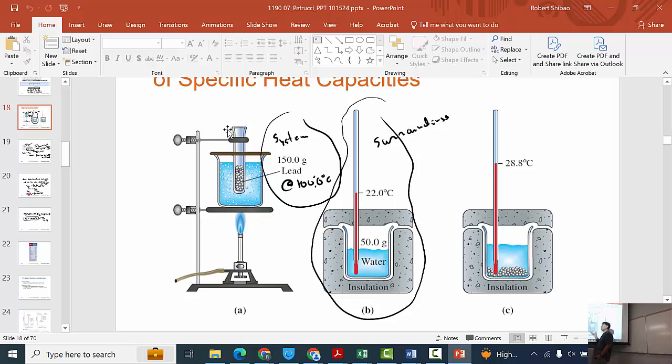The heat capacity of the calorimeter is 0. If the heat capacity of the calorimeter is 0, it doesn't absorb any heat at all. It's a perfect insulator. And so when we dump this lead into the water, the only thing that's going to absorb the heat will be the water. And so we can determine how much heat the water absorbs because we know the specific heat of water. Specific heat of water tells us the relationship between the temperature change